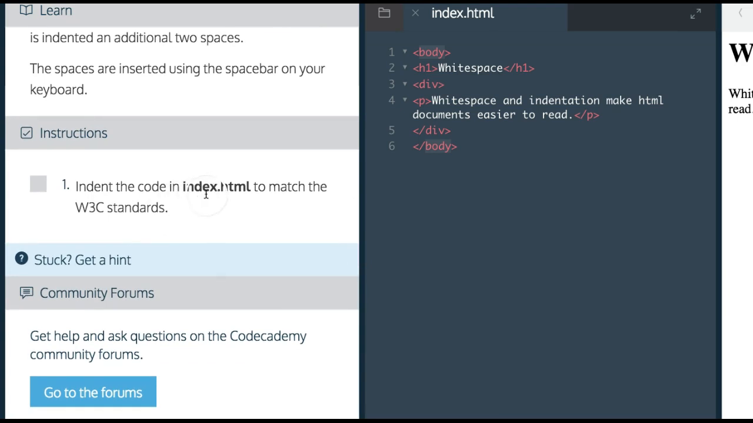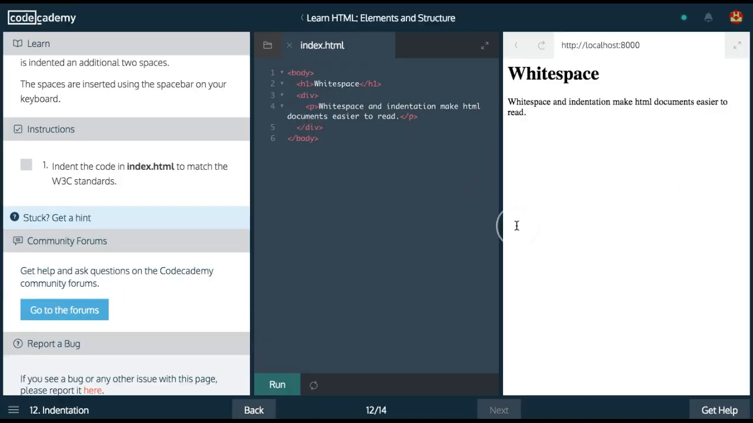Indent the code in index.html to match W3C standards. Not sure if I can do this, but let's try. So highlight this and then just press tab, and it did work. We have a div. Inside of it, there's a P tag. We want to go ahead, tab it. Well, it said 2 spaces. I did tabs to make it easier. But now, if I run this,